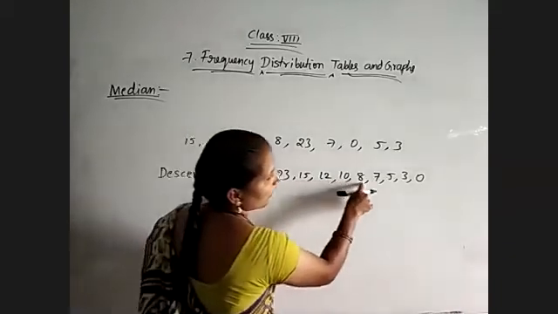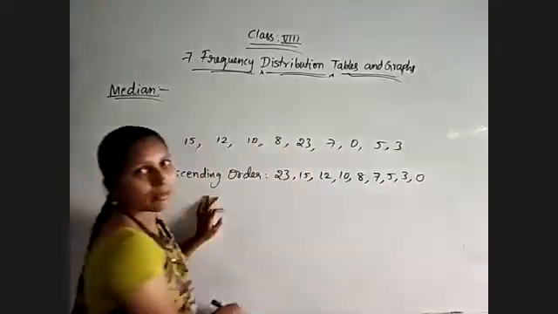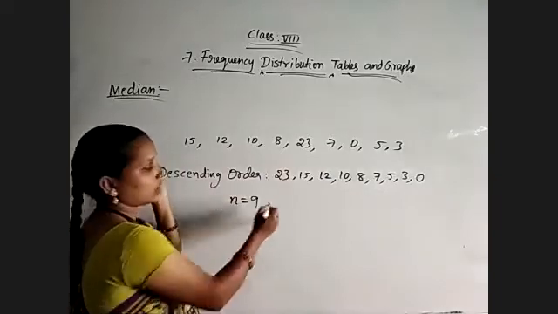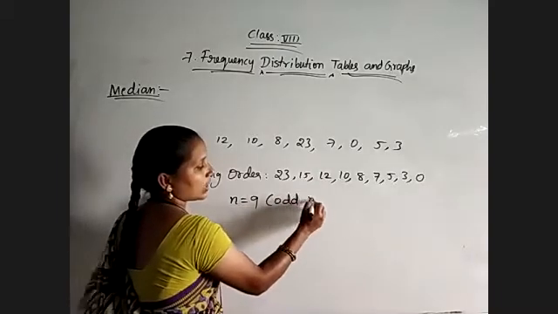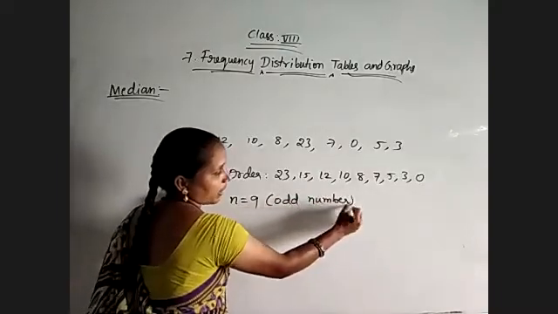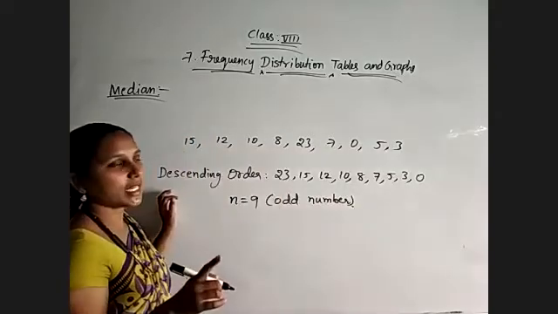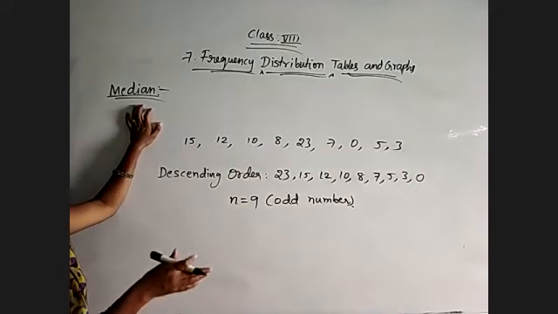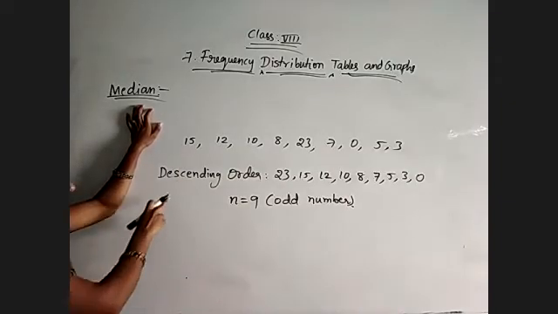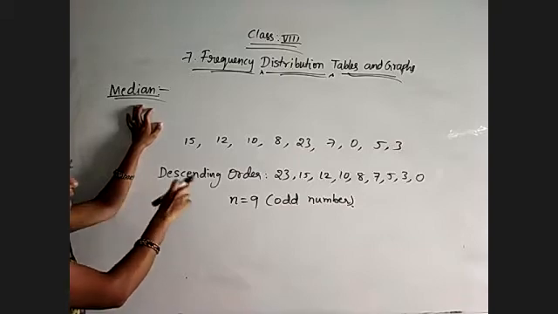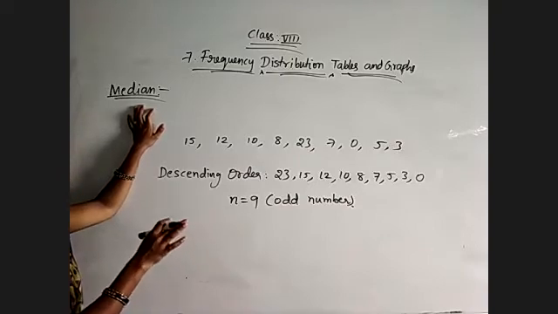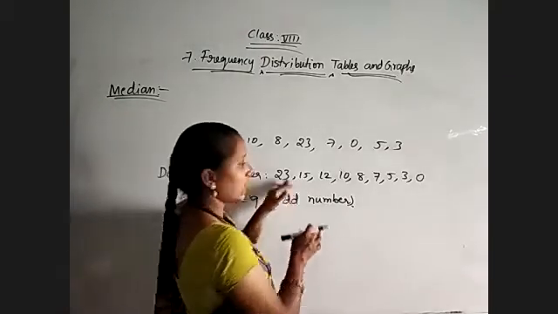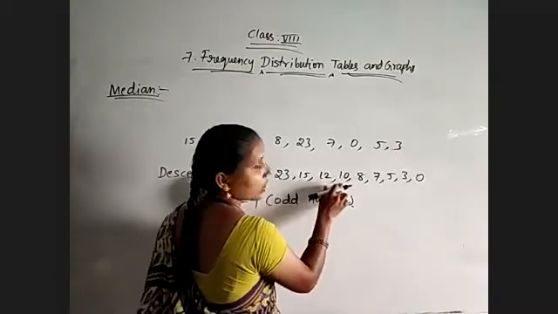Total 9 observations came or not, we will see. 1, 2, 3, 4, 5, 6, 7, 8, 9. So here the number of observations, n, is equal to 9. 9 is an odd number, yes or no? In this case, we will get only one median, meaning we need to select exactly the middle value. Median is nothing but the middle value of the given entries. While you are arranging the given data in an order, the exact middle value is said to be the median of the data.